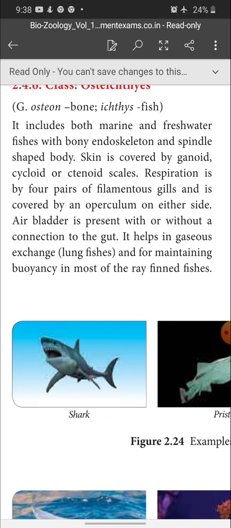It helps in gaseous exchange, that is in lungfishes, and for maintaining buoyancy in most of the ray fin fishes. Okay, so what is the function of air bladder? Help in the gaseous exchange, for example in lungfishes. And second function, maintaining buoyancy in most of the ray fin fishes. Okay, next,